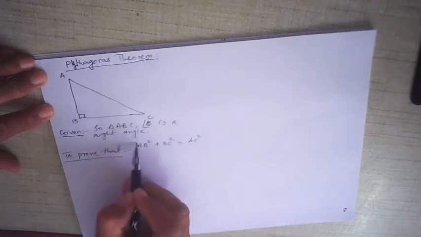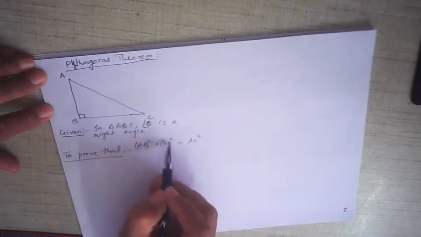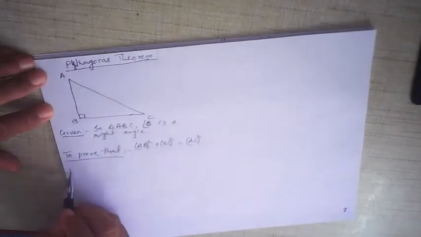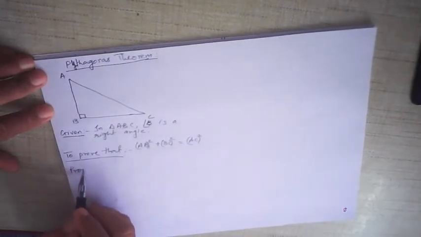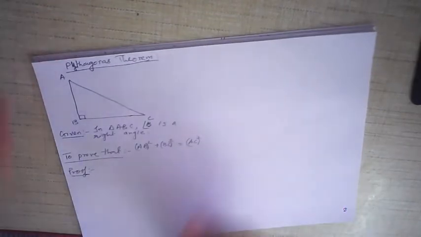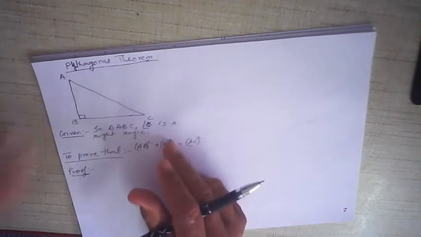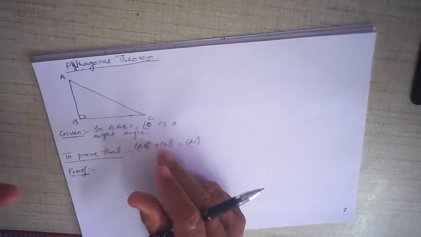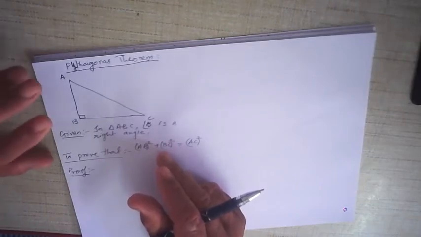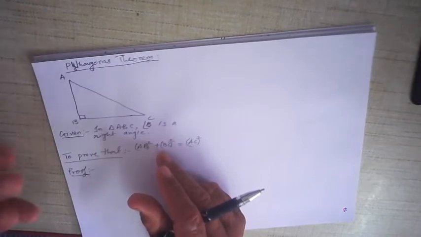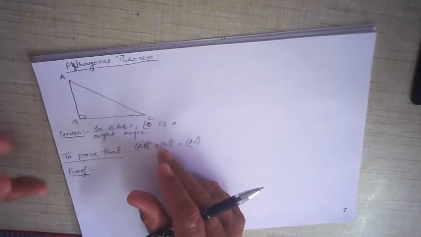Now if you write this in bracket, it's okay. If you don't write it in bracket, it's also okay. It is understood. Now proof. Before I write the proof, I want you to understand something. When you are asked in the exam to write proof of this Pythagoras theorem as well as the converse of Pythagoras theorem, both theorems are extremely important, and all students should know the proof of these two theorems by heart, because either of the two will be asked in the exam. Generally, one of the two is always asked, so you should know this.